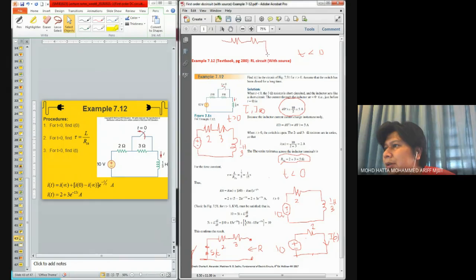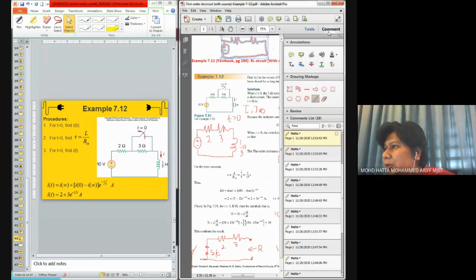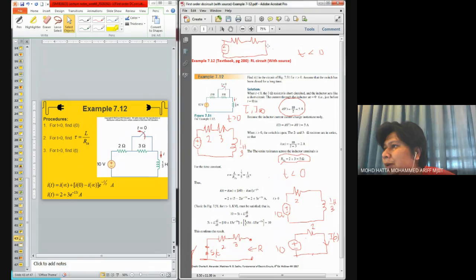And remember, if we kept this kind of circuit for a long time, it will reach the steady state condition for this inductor, and the inductor will behave like a short circuit. And what we need to do is we try to find what is the